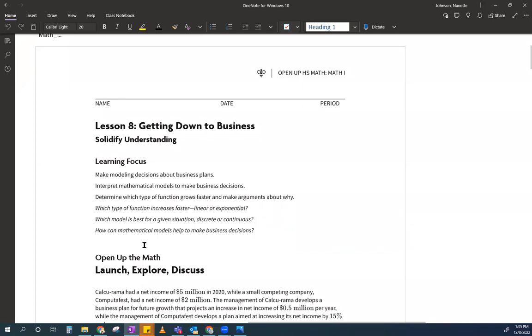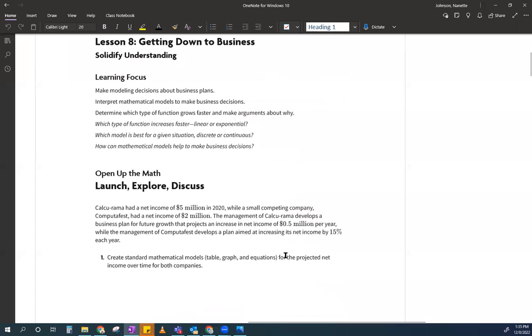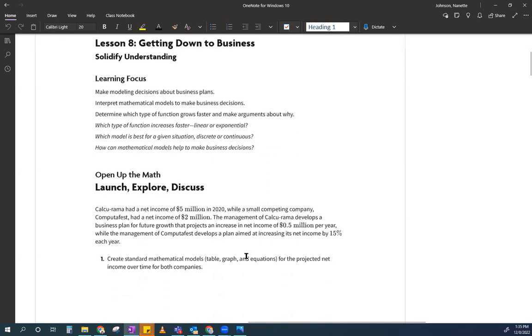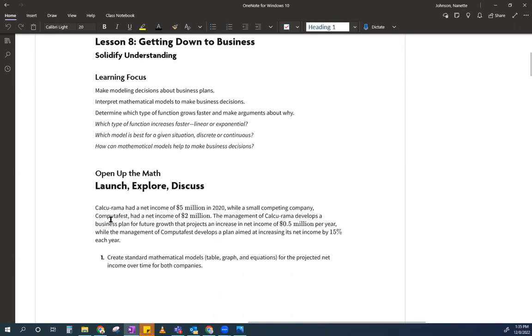So a mathematical model is like an equation, a graph, a table. And we're going to use all of these models so that we can figure this out. Okay, so the very first question, it says